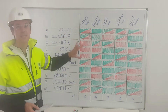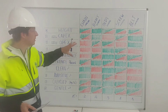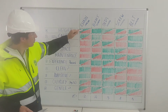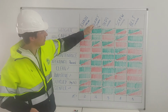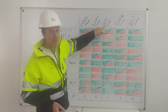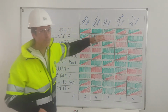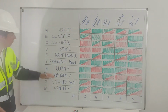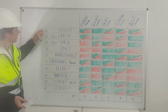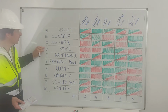Okay, here we go. We have set up this table. It might seem a little confusing, but it's actually very simple. What we will be doing is consider the 5 systems that we have mentioned before: chain conveyor, bucket elevator, Z elevator, screw conveyor, and belt conveyor, considering 10 different parameters, variables, so to speak: height, CapEx, capital expenditure; OpEx, operational expenditure;